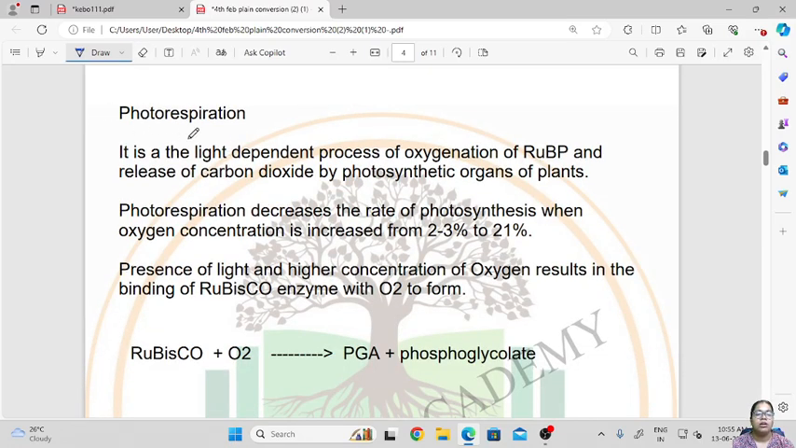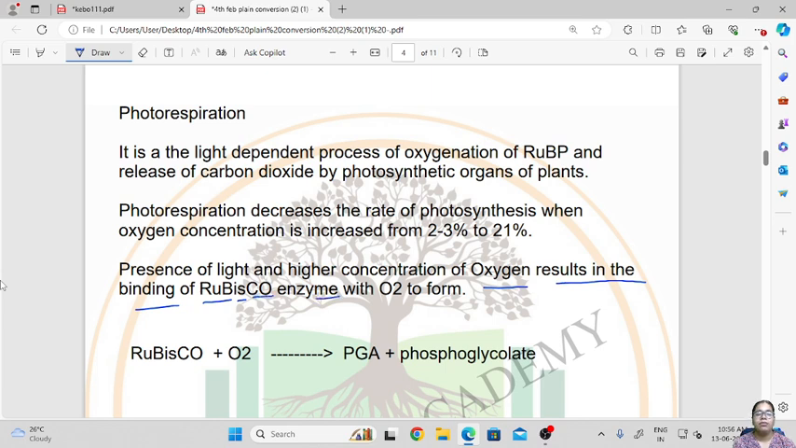So now let us see what is photorespiration. Photorespiration is a light dependent process of oxygenation of RuBP and release of carbon dioxide by photosynthetic organs of the plant. So photorespiration decreases the rate of photosynthesis when oxygen concentration is increased from 2 to 3% to 21%. So presence of light and high concentration of oxygen results in the binding of